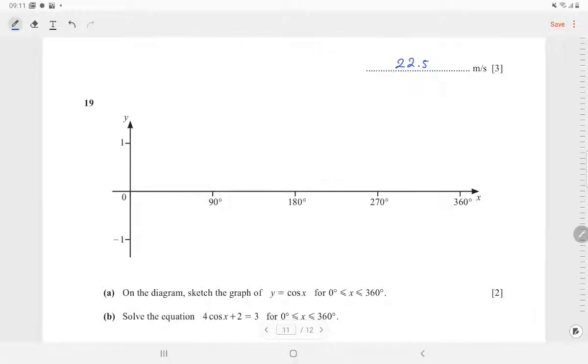Okay, this is sketching the curve of cos. Cos 0 is 1, cos 90 is 0, cos 180 is negative 1, cos 270 is 0, and cos 360 is also 1. So the curve